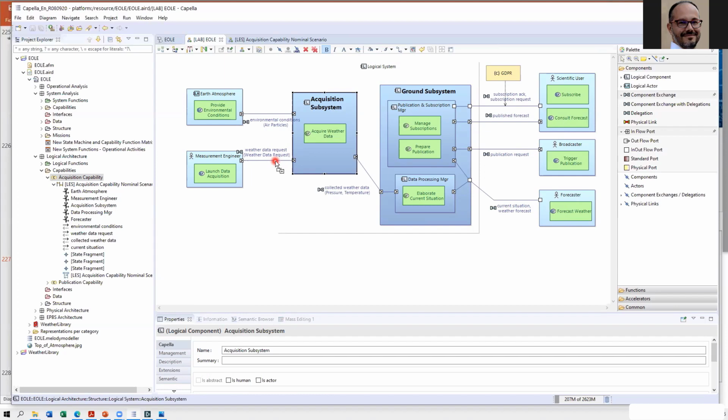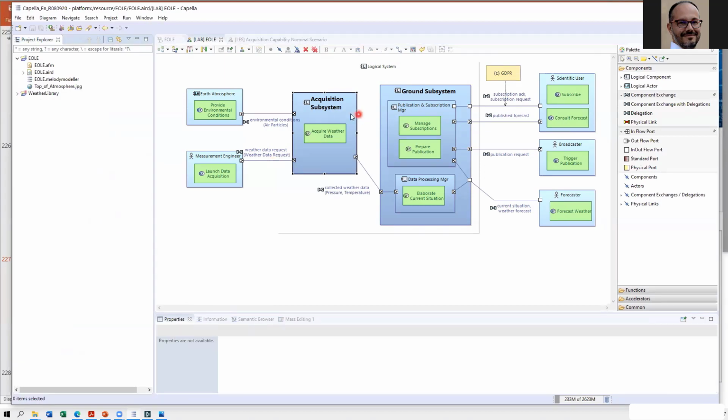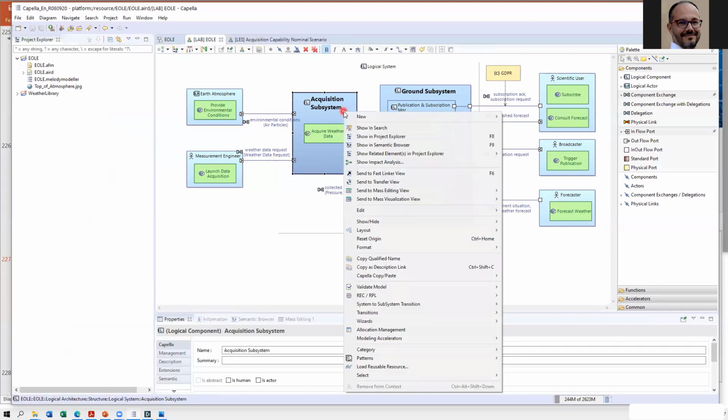Okay, so I just want to specify an acquisition subsystem, which in turn is a sort of system understudy for a subcontractor. So I just right-click on my acquisition subsystem, and because I've installed the add-on, I have system to subsystem transition, vertical, SA. Horizontal is something else. It's a completely different use case.